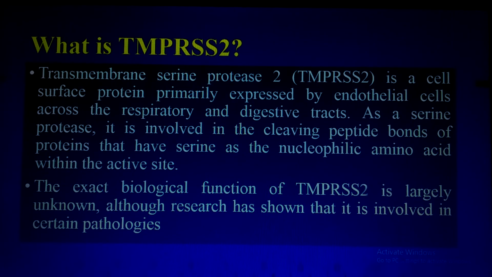Now, what are transmembrane proteases? Transmembrane serine protease 2 is a cell surface protein primarily expressed by the endothelial cells across the respiratory and digestive tract. As a serine protease, it is involved in cleaving peptide bonds of proteins that have serine as the nucleophilic amino acid within the active site. Now the concept is clear why it is called a serine protease, because serine is the nucleophilic amino acid